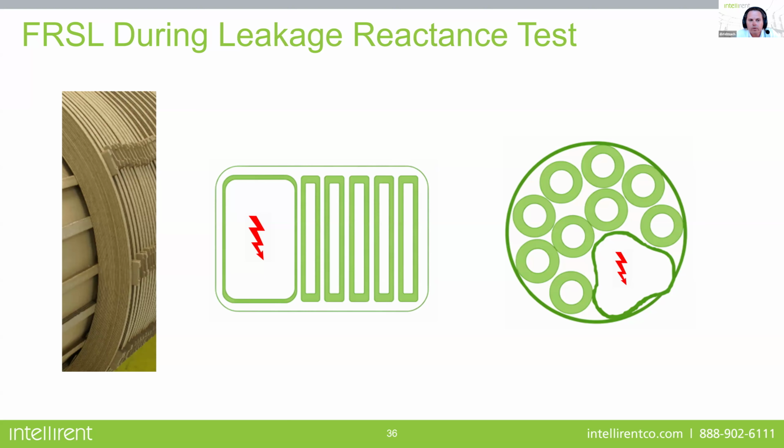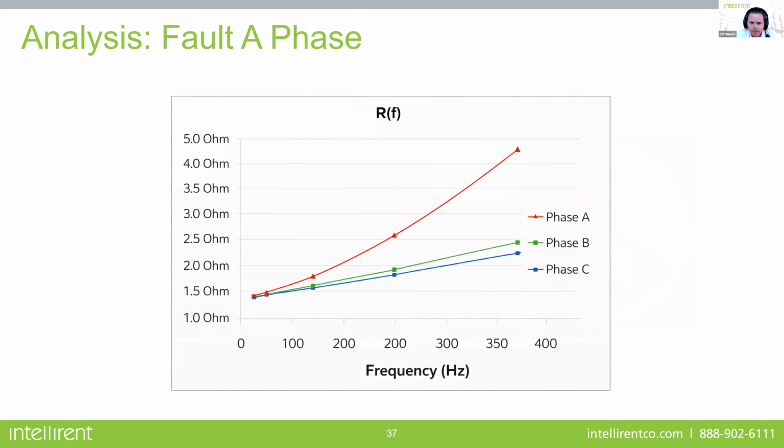And basically, if you look at the picture on the left, see how it's wound? One turn is a bunch of those center conductors. And if one of those strand to strands gets shorted, that insulation breakdown, that's what we're trying to pick up here. And that's what the green pictures are trying to identify. So during the testing, again, it's a variable frequency test. Obviously we do it at 60 hertz for leakage reactance, but you would hit the checkbox and it just varies the frequency. And as you increase the frequency, if there's a strand to strand short, the frequency goes way